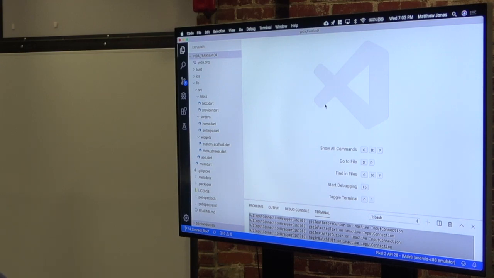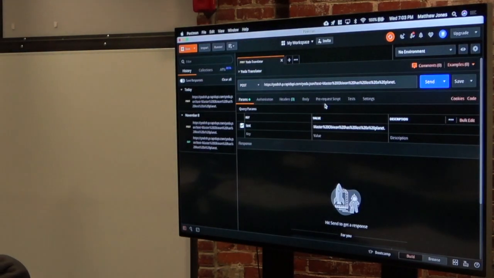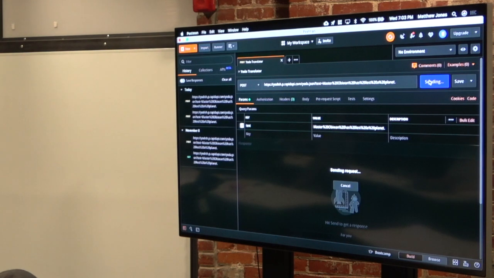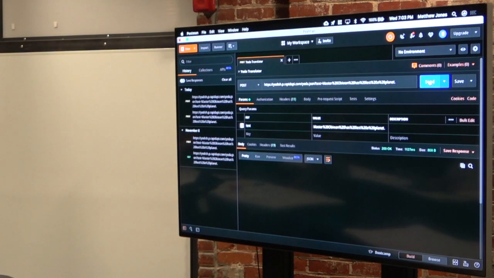One of my life philosophies is to always ping everything in Postman before I use it, just to see what we're going to get back, because you never trust the documentation. And Postman is giving us nothing.